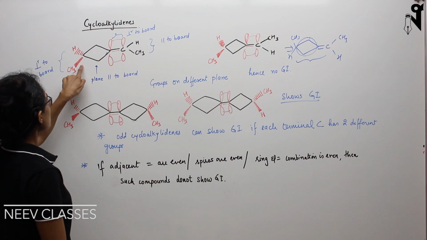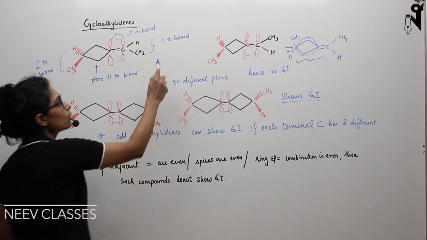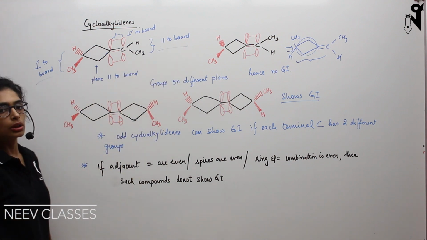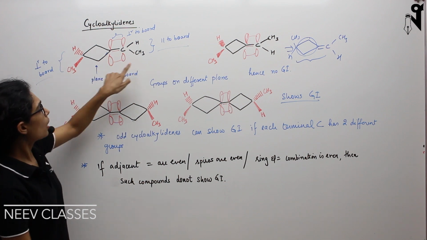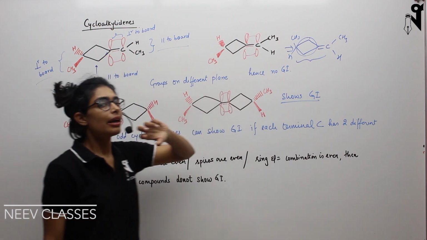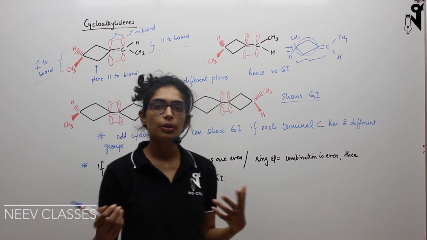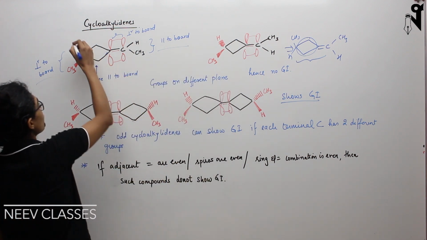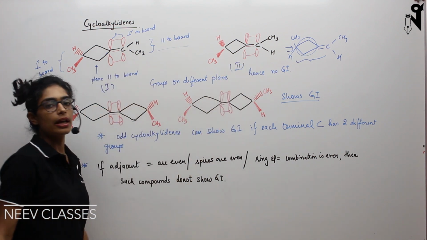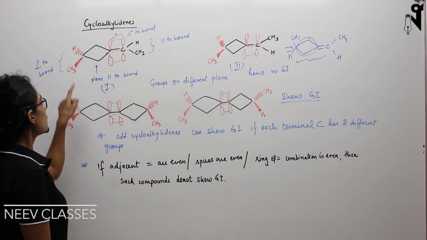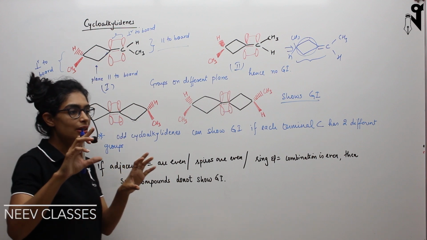Now look at the first carbon and the last carbon. The last carbon's attachments and the first carbon's attachments are in different planes. This is parallel to the board and this is perpendicular to the board. No matter that I had taken CH3. Here the CH3s both are down, and here is one down and one up. Irrespective of that, these two sets of groups are in different planes altogether. So no matter whether I talk about this first case or the second case, L1 and L2 is going to remain the same, even though it looks like both are in one direction. They are not in one direction. They are basically in completely different planes.